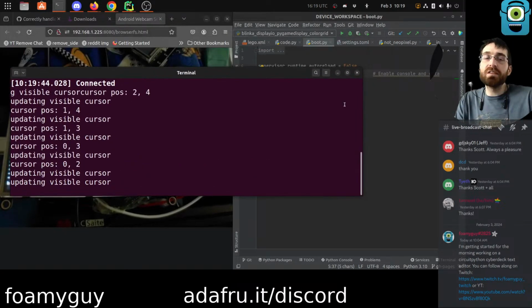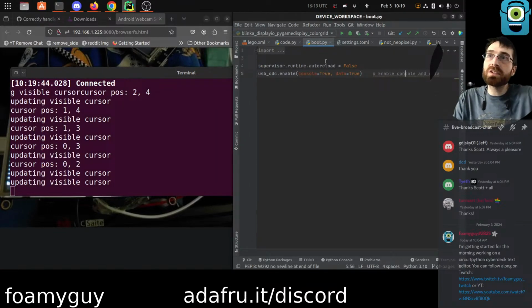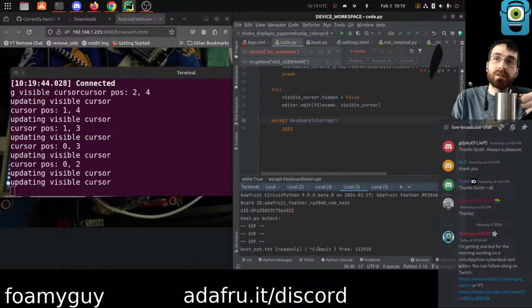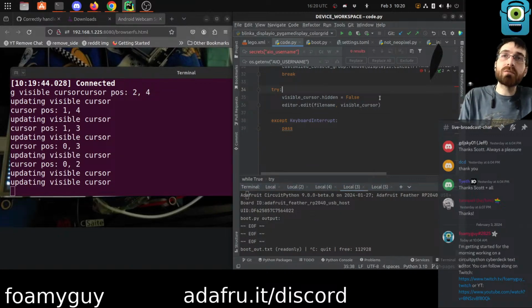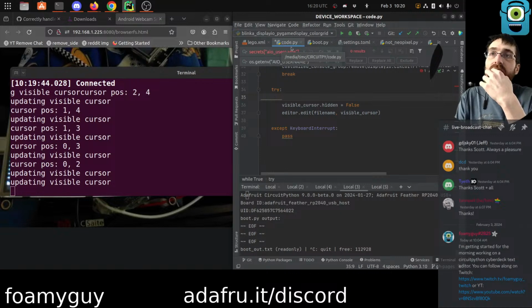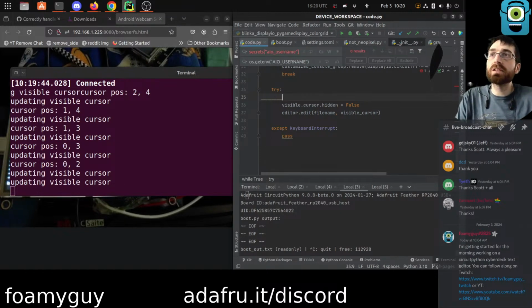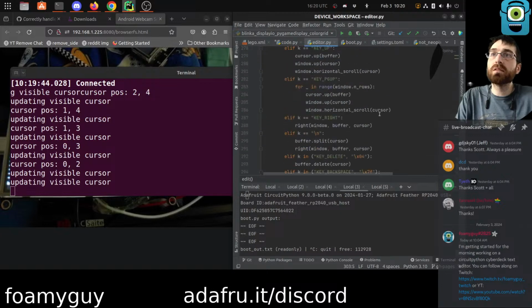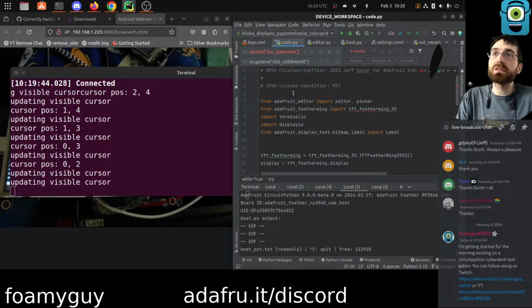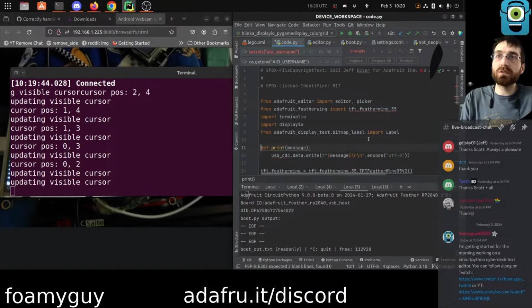As long as you tell it where to find it correctly, you can send data out this line in order to be able to see it here, which is very convenient because printing would mess up this whole display that's going on in here. So I want to effectively print, but I want to print it over to here. And the way we do that, I've got the exact code, but it's inside edit, is override print like this, which is maybe not the best practice in the world, but